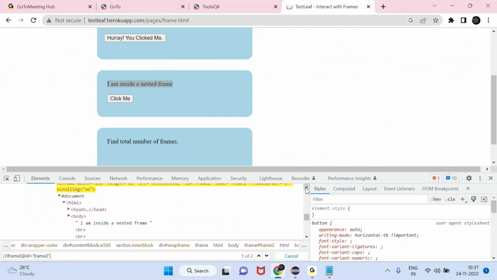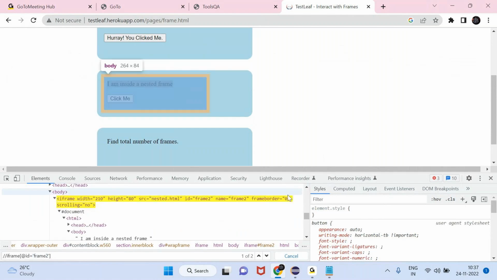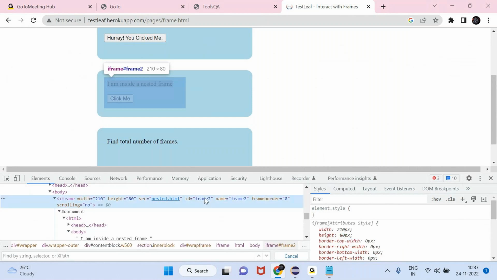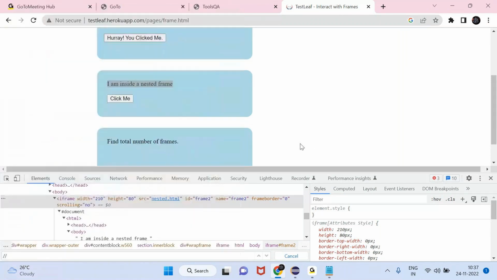But which frame can we take? Here, if you want to switch to this frame, see, if you are taking ID, we have two elements. This is the src tag. With this src tag, we will try to build the XPath. Double slash, because the same ID is available for this frame also. That's why